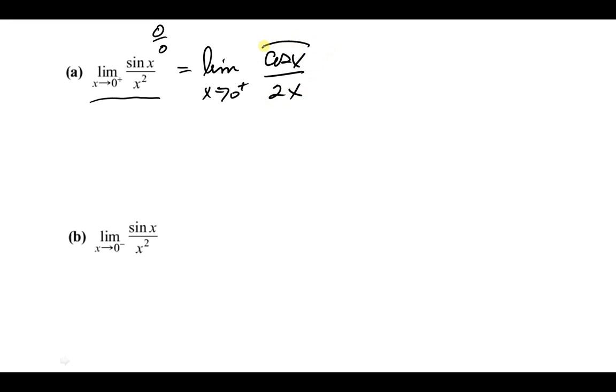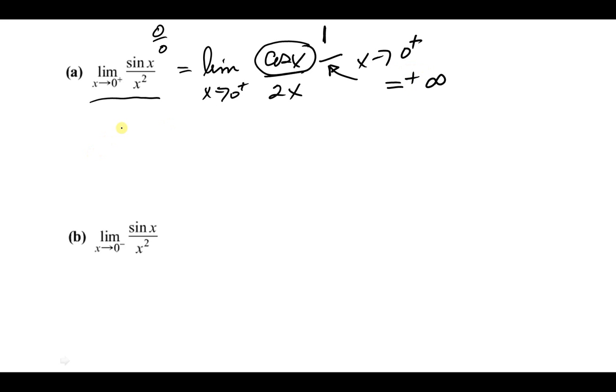And notice cosine of x is approaching 1, but as x approaches 0 from the right, the denominator becomes very small in a positive way, so this becomes